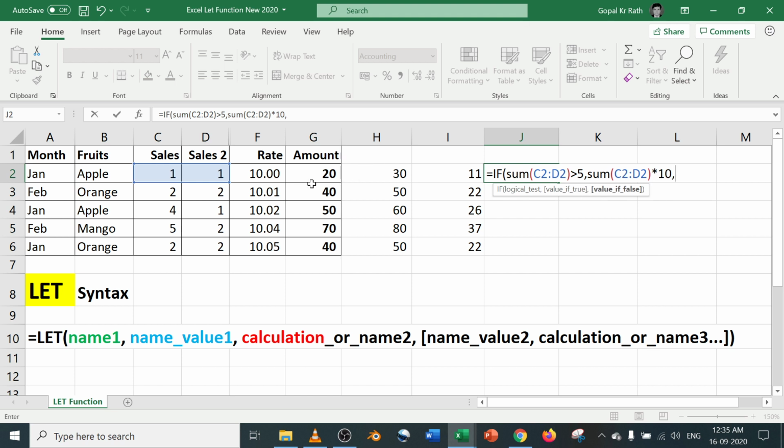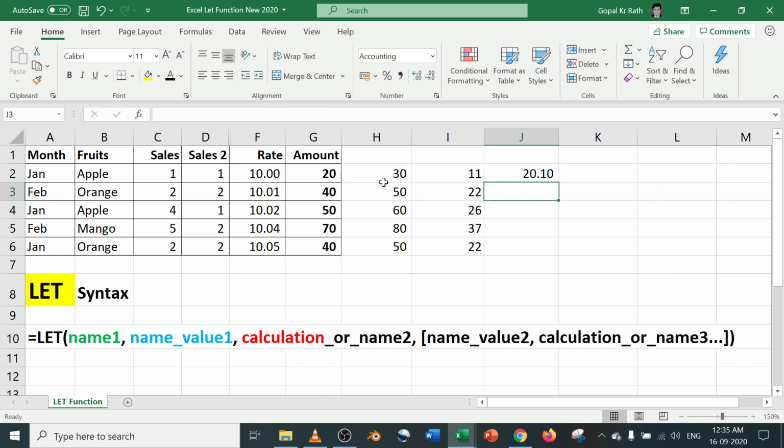Again, if not, take the sum, add both the cells and multiply with 10.5. So this is an example of an IF function. For detailed IF functions, I have a separate tutorial. You can check the link in the description below.